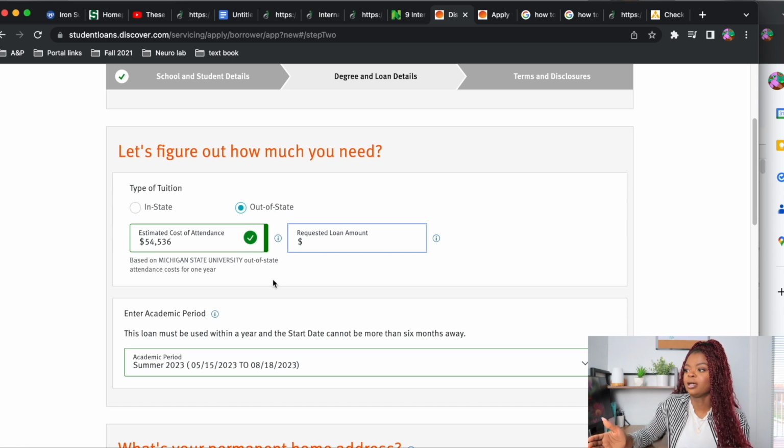So basically, let's say for example, based on our calculation with Discover, they are estimating your cost of attendance to be $54,536. Let's say you want to ask for $1,000 more. Maybe you want to buy certain things and you want to ask for $1,000 more, or maybe your rent is higher than what your school has estimated. So let's say you just need $1,000 more. It's up to your school to either say, no, they shouldn't get $1,000 more, or okay, fine, we can give them $1,000 more, if that makes sense.